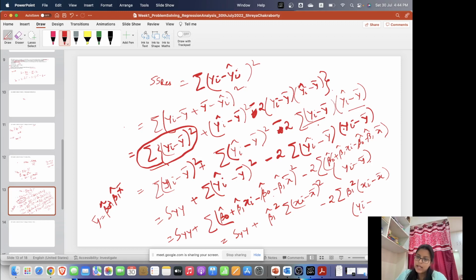Okay, so yi will write as beta naught plus beta 1 xi plus epsilon i, and so y bar will be beta naught plus beta 1 x bar plus